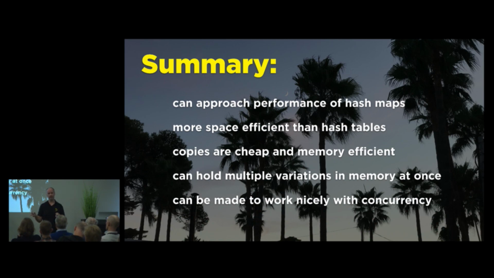You can hold multiple variations in memory at once. We didn't really delve into this, but this is a really good practical use case. I originally got into this when I was dealing with financial data, and we would have large object graphs of market data where we want to run scenarios on them. So we'd actually take multiple copies and multiple dimensions of the whole graph and make small modifications. And then you could have mostly shared common state between them. We couldn't do that all in memory before we had these sort of implementations. And there's many other use cases like that.